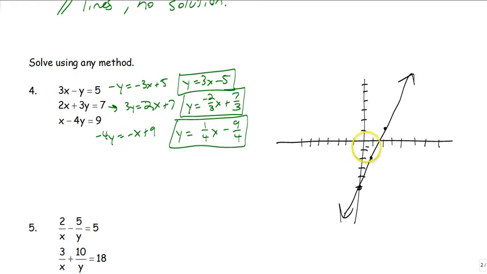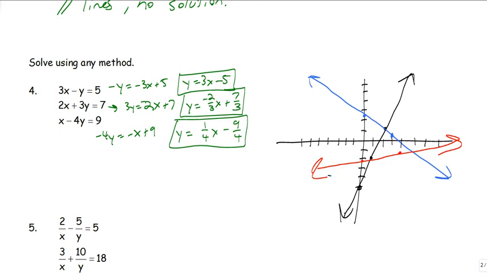Now I'm going to do a second line. 7/3. Well, that's a little bit more than 2. 2 1/3 is right here. So then you go down 2, 1, 2, and then over 3. 1, 2, 3. So it's about right there. So I'm going to graph this line here. And finally I'm going to do the last one, negative 9/4. That's a little bit more than 2. And then I go up 1. So here, 1, 2, 3, 4. So if I graph this line,